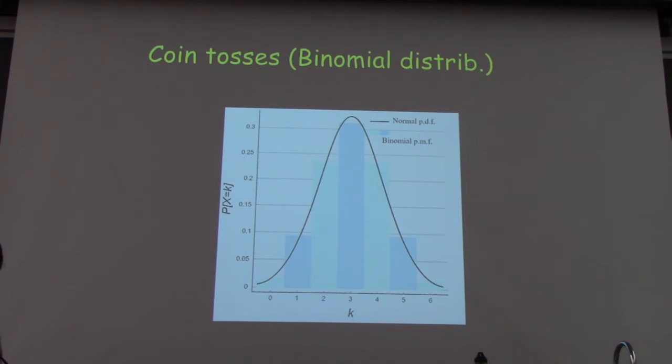So the next thing we are going to see to understand this question is what's called the binomial distribution. This is again something that often shows up when you analyze these kinds of probabilistic processes. So the question you ask here is, suppose you toss k coins, and each coin has exactly a probability of half of turning up heads. The question you're asking is, how many heads do you see? And this graph shows exactly the probability. This height is the probability that you see 3 heads. It turns out to be something like 0.3.